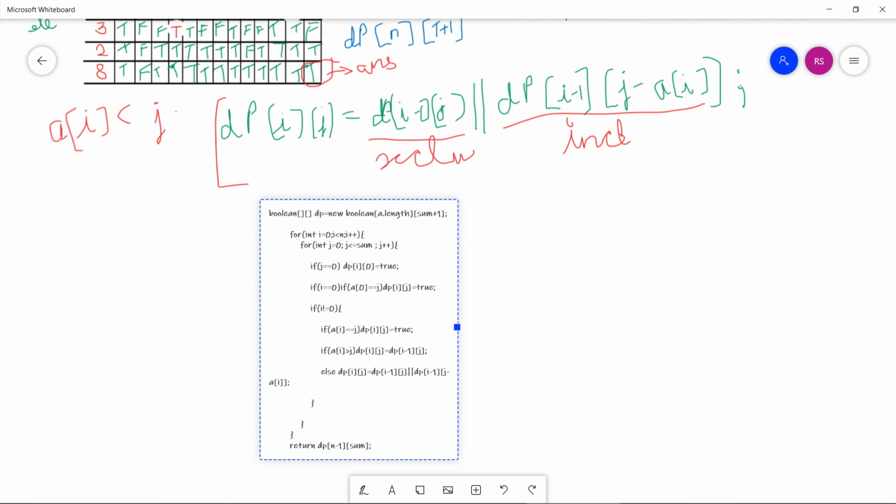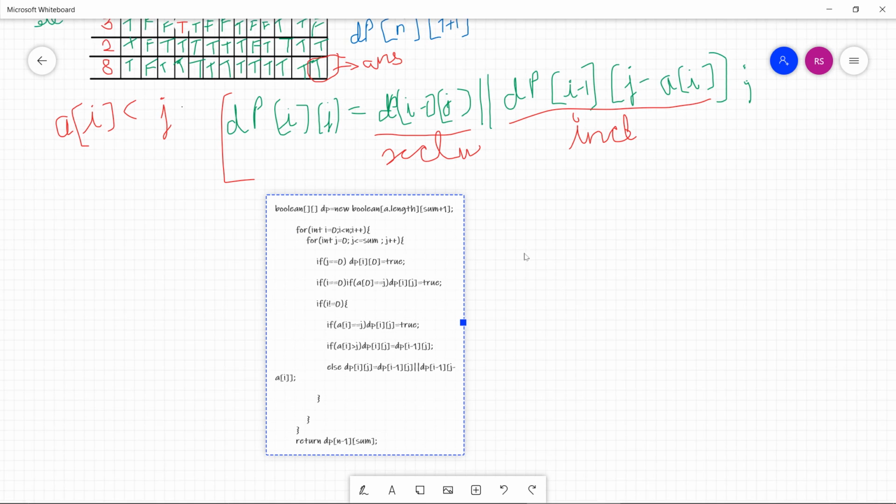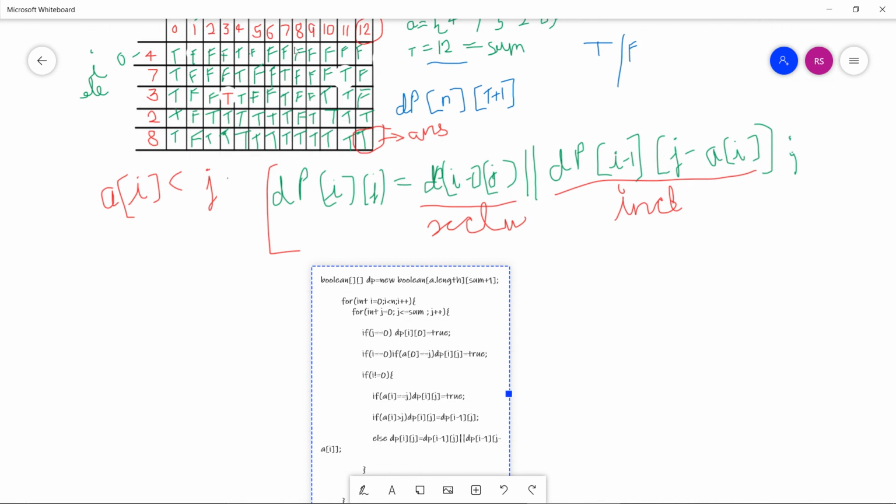Now we apply a loop from 0 to n, and an inner loop from 0 to j less than or equal to sum. Now if j equals 0, I have talked about it previously: if j equals 0, true always comes.